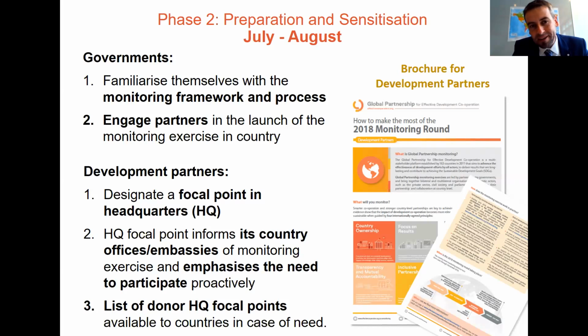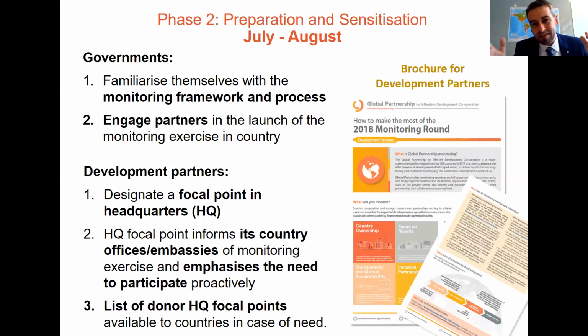What are they doing in parallel in July and August? Our development partners at headquarters level in their capitals are assigning a focal point to support this process. This was a request from partner countries last time, and it's very important that they assign a focal point at headquarters level that can then reach out to the different embassies or country offices and tell them, the government of this country is participating in this process, so you need to be engaged and supportive and responsive to the request for information or data or support from this partner country.